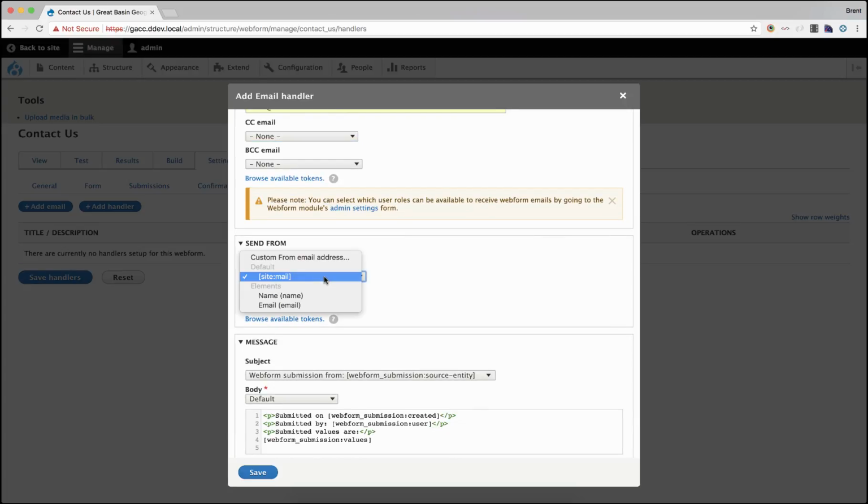The from email address, I'm going to have it selected, and by default it's smart enough that it already picks it for you. And so I guess that wouldn't actually be correct. Oh no, this would be correct. So this is the site mail. You don't want to pick their email address. So this can be confusing. So if you sent it from them,